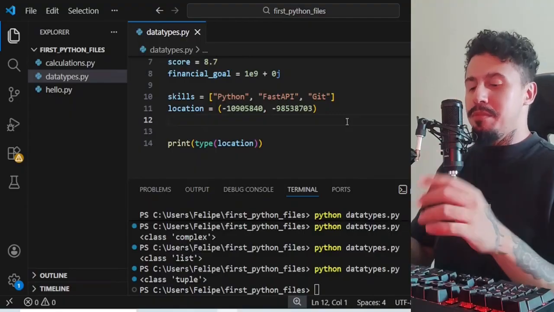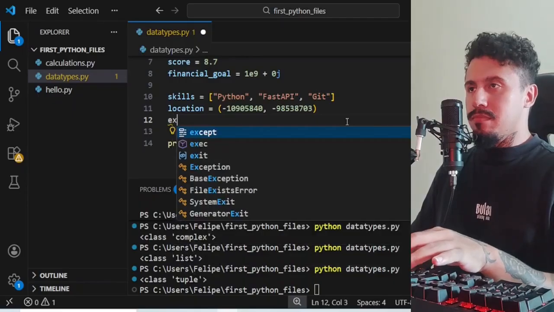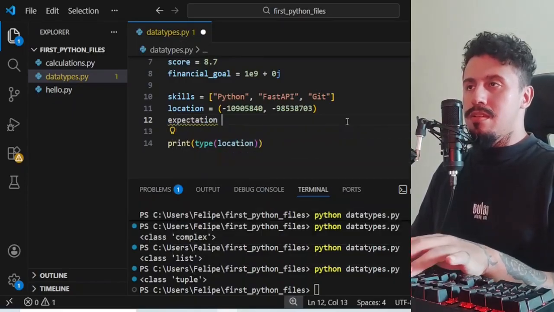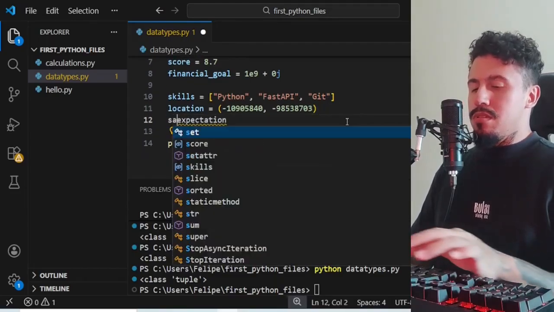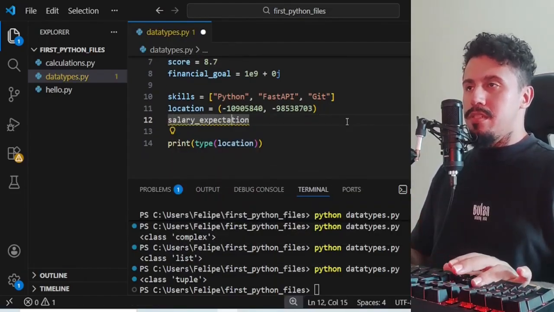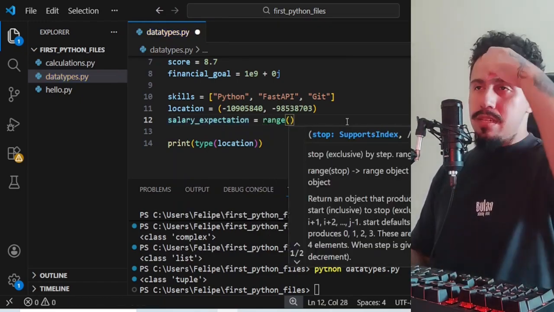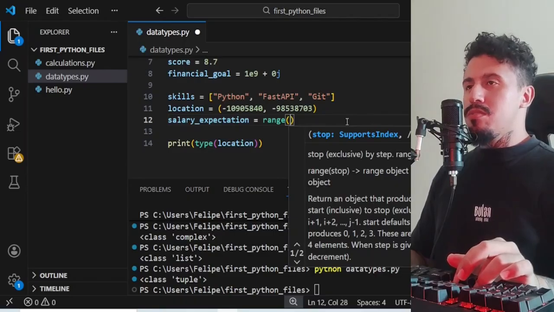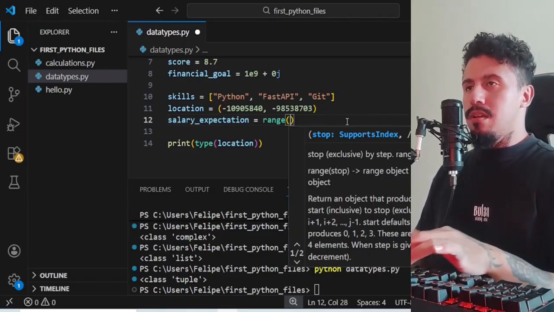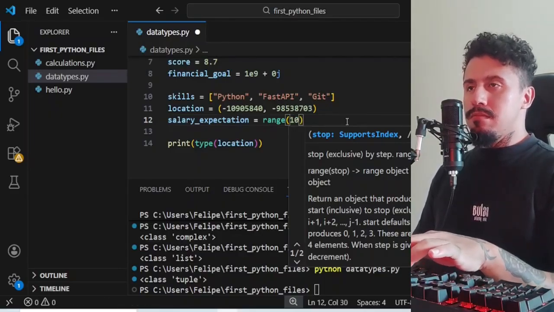Range is a data type that you can pass one parameter and it generates every data between that limit. All right, let me show you, for example, salary expectation, to be more clear. All right, so salary expectation equals range, I can pass here where I want to stop, like until 10,000.